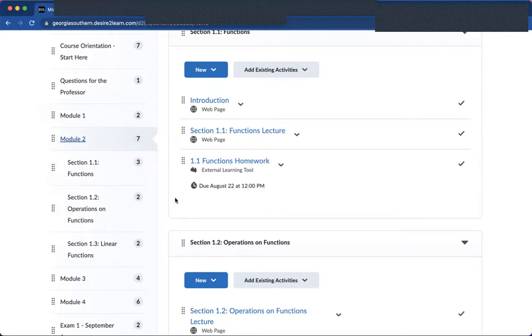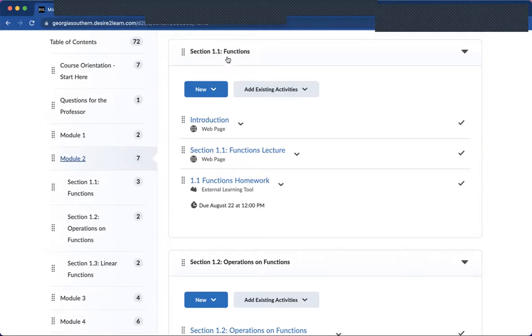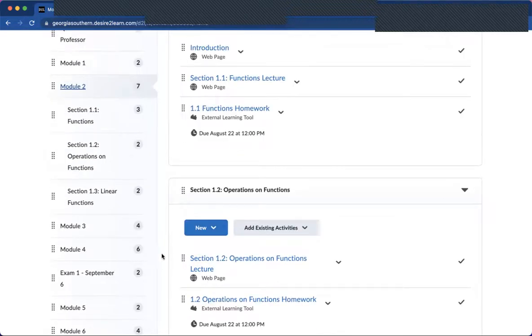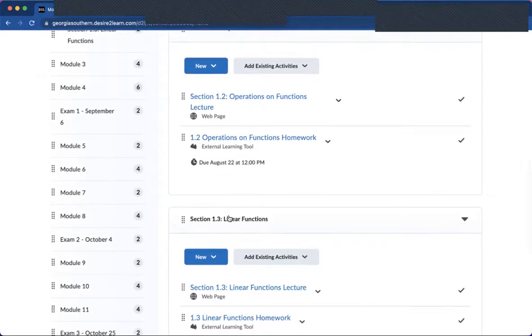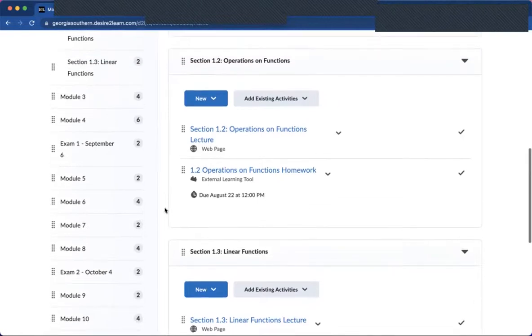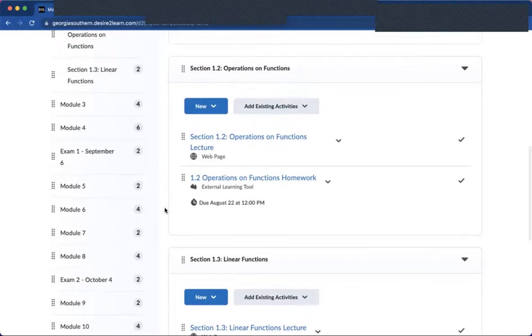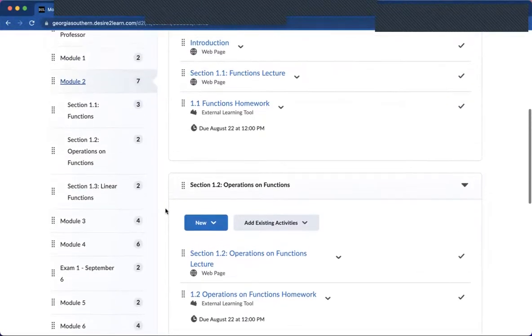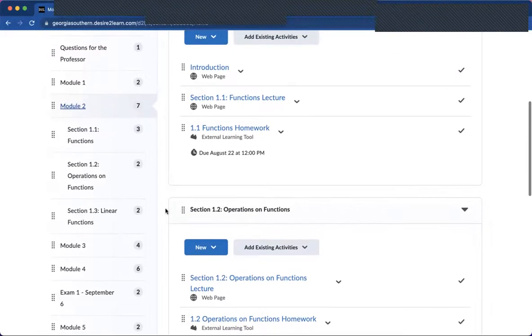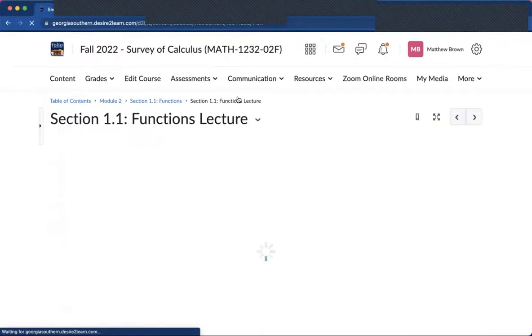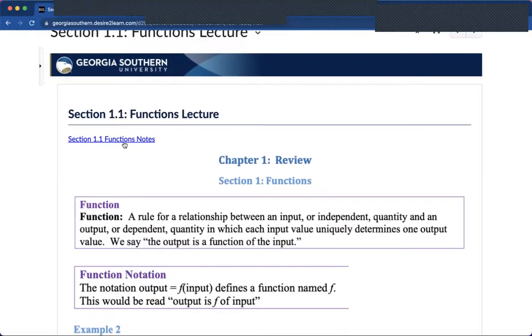So what I've done with each one of these is you can see we have section 1.1, section 1.2, and section 1.3 that you'll be working on over basically the second week of class. All their due dates are already input, so you'll be able to see those in the course calendar. But how I've set each one of these up is you have a lecture. If I click on that web page, what I've tried to do is I've given you my function notes from